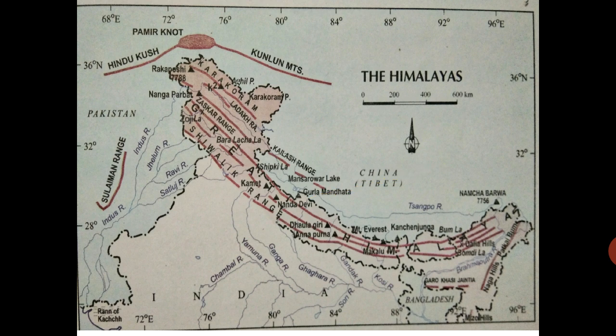Now in this picture also you can see the one layer, another second layer and the third layer. See, it is broader near the upper northern part and in the eastern side it is not so broad as compared to this upper, northern side. It is narrow. As soon as you go to the east side, it becomes narrower.